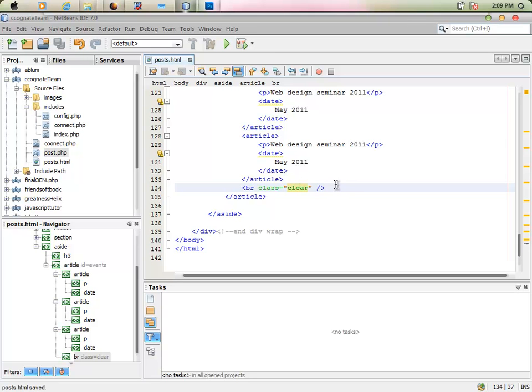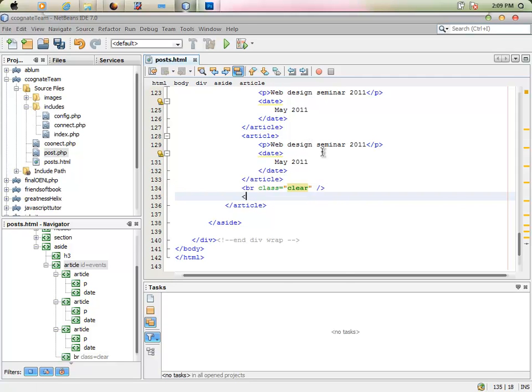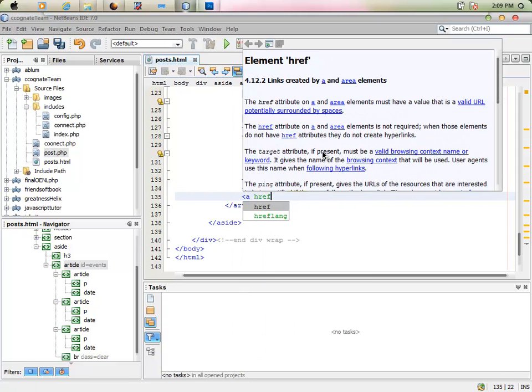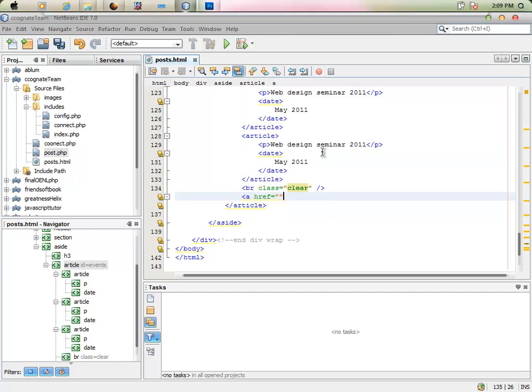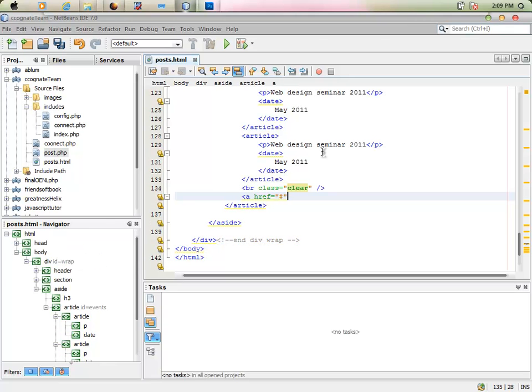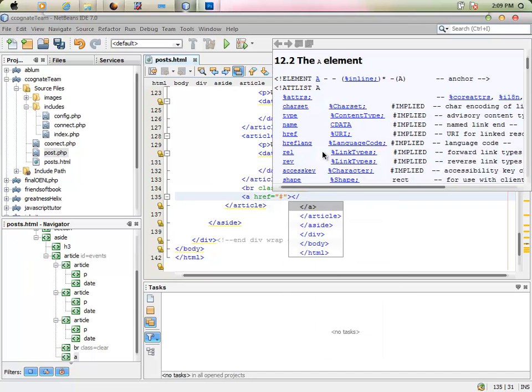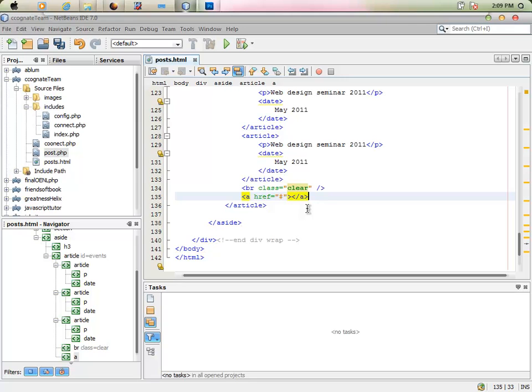I'll save that. So we're going to insert link href, and this link is going to be for our read more that we need. Well, it keeps inserting it for me, but I'm also used to typing code, so I like to type it myself all the time. I'll say read more. So we're going to replace this read more with our CSS. I'll save that,